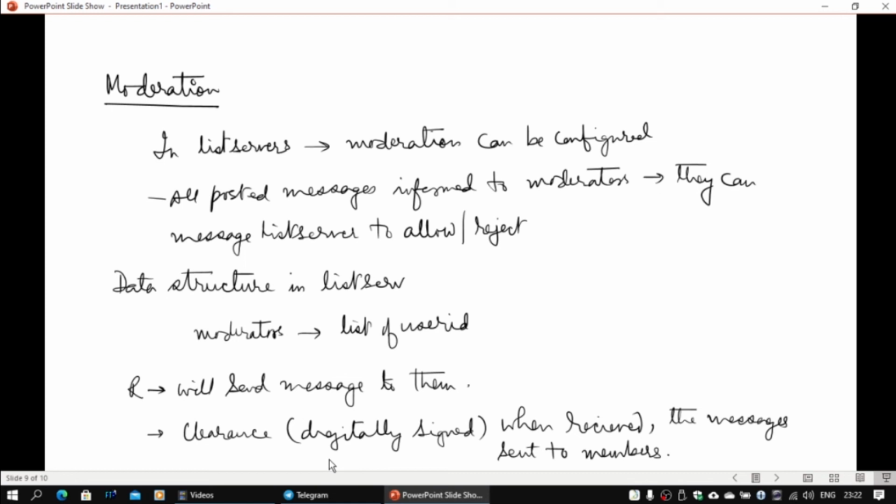But whether they give a clearance message or a message to reject or drop it, the message has to be digitally signed so that the list server can identify which particular moderator has responded, and then it will act accordingly. So tomorrow, for example, if somebody has done a wrong moderation, the owner can find out who did this wrong thing and he can be removed from the moderator list. So when the clearance is received, the message will be sent to all the members.